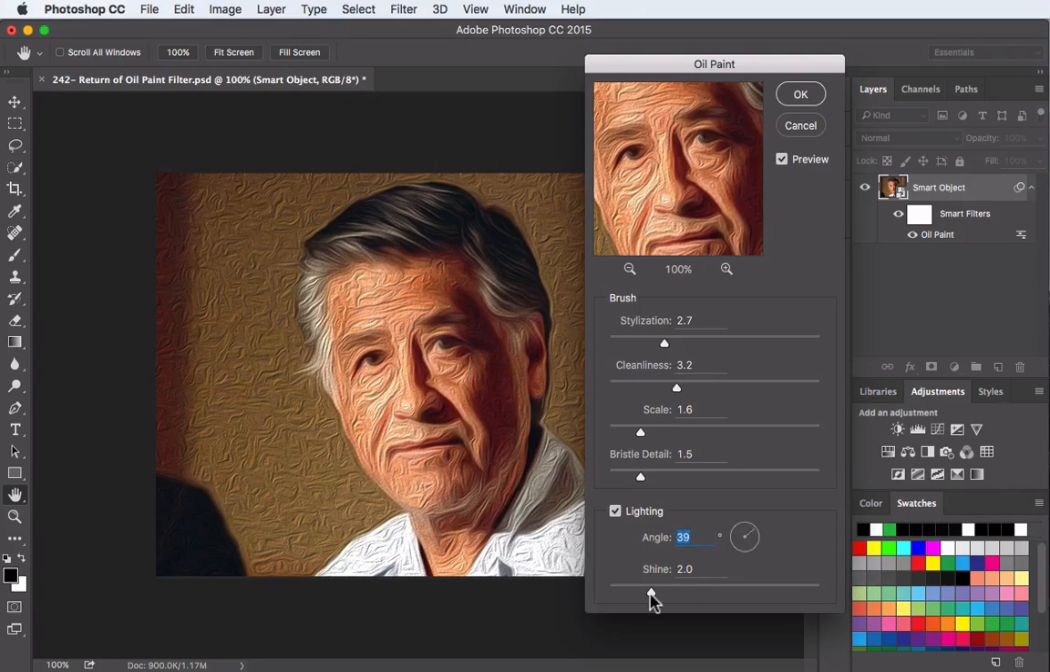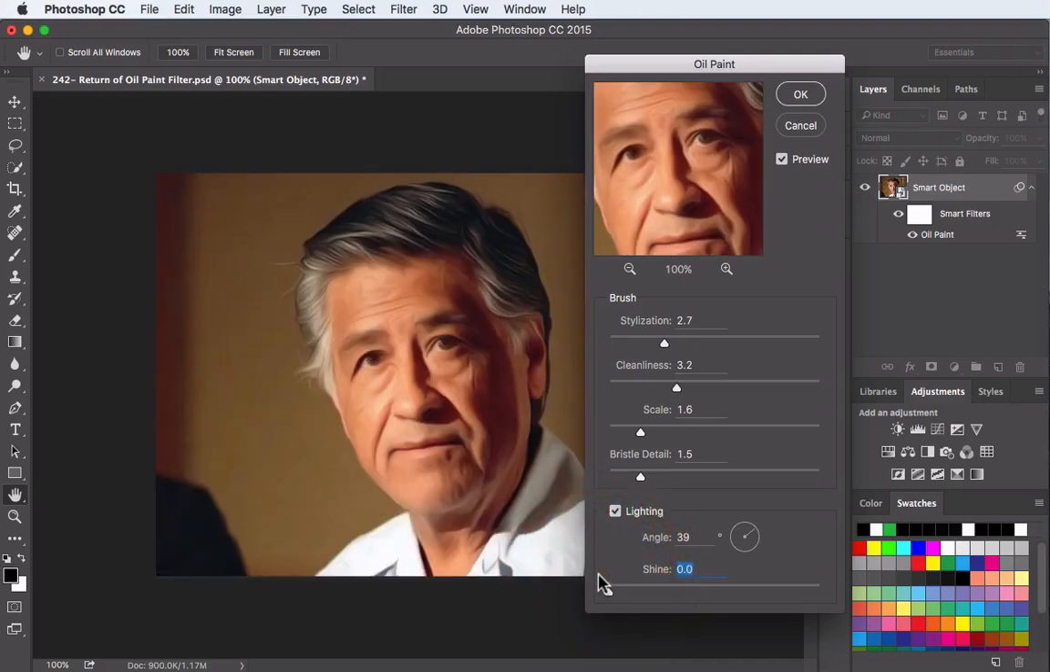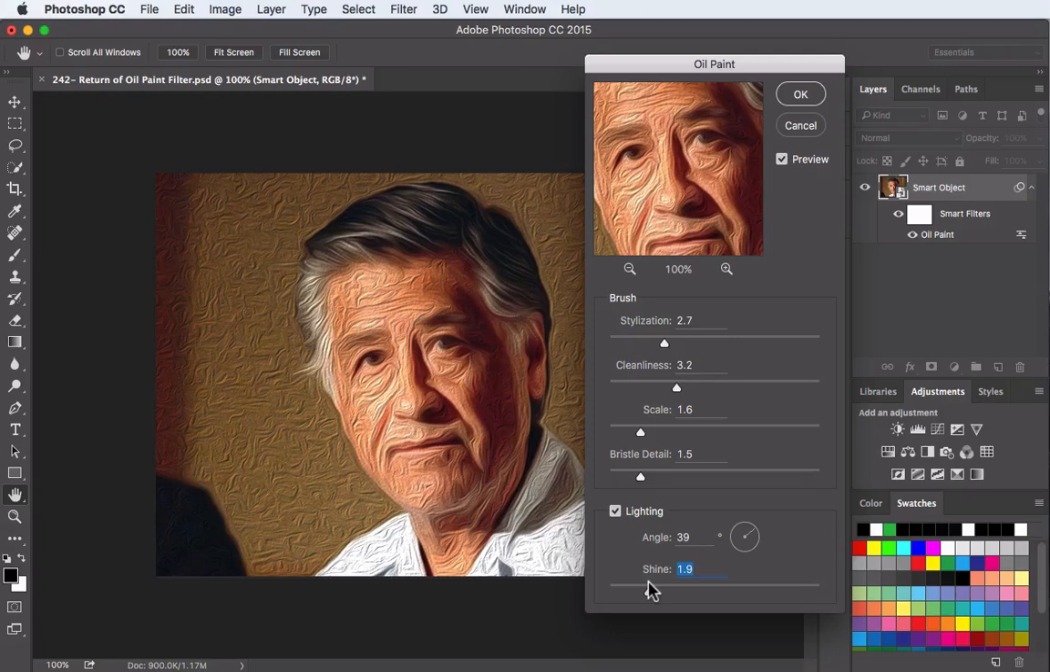Down here we have shine. I'm going to click and drag all the way towards the right. Notice we're starting to see a lot of shine in here, which roughens things up a lot. I'll bring that back all the way towards the left so we can see the other extreme. Now notice how soft everything is there. So click and drag, point this around to wherever you need to. Once you get the image dialed in exactly how you want it, come back over here to the top